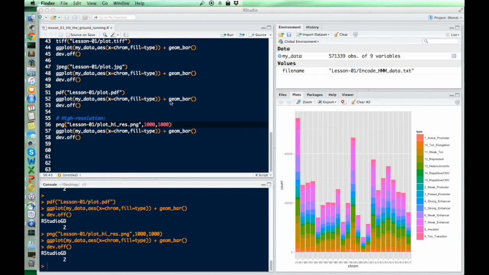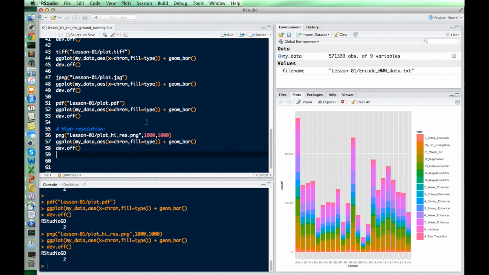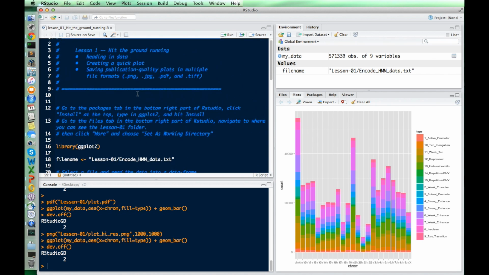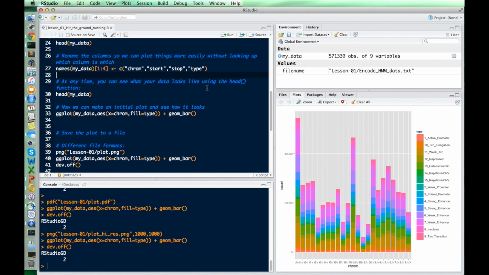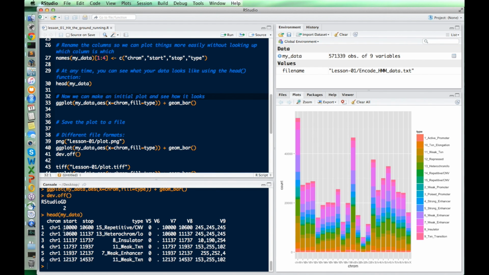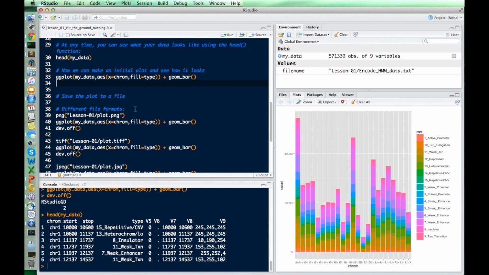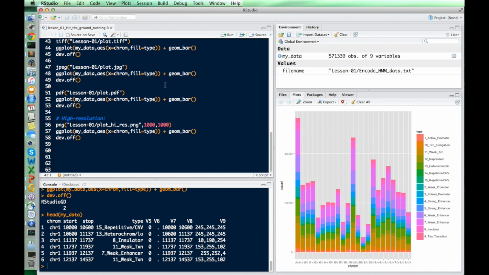But for now, this is showing you that it's possible to load in data really quickly, take a look at it, get it organized, take another look at the data, look how pretty it is. You can make a plot in just one line, and if you want to save that, you can save it in different file formats automatically in the same folder that you got the data from, for instance, or if you want to make a special plot folder, you can do that too. And so we save all these plots, you can save it in different file formats, you can increase the resolution, you can do all these awesome things, and it just gets saved for you automatically,